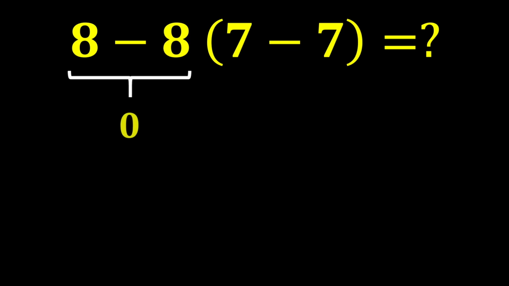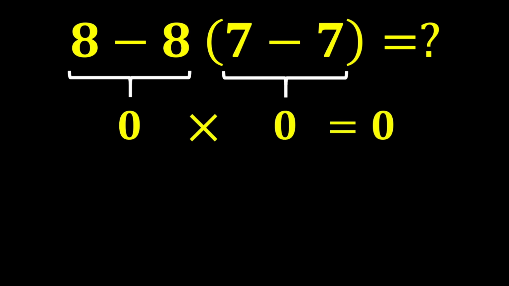8 minus 8 equals 0, and then, inside the parentheses, 7 minus 7 equals 0. In the end, 0 times 0 equals 0. But this answer is not correct, because we did not follow one of the most important rules in mathematics, called